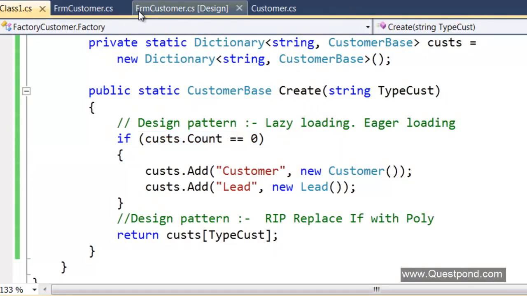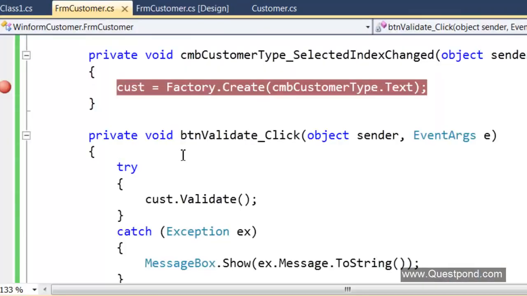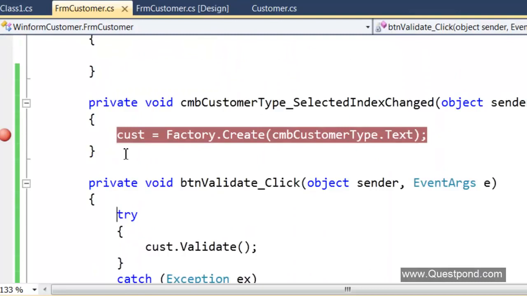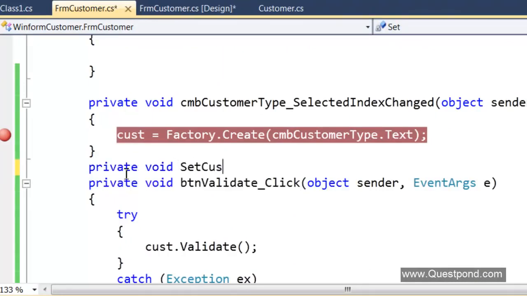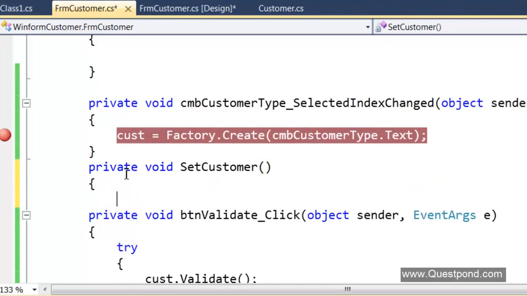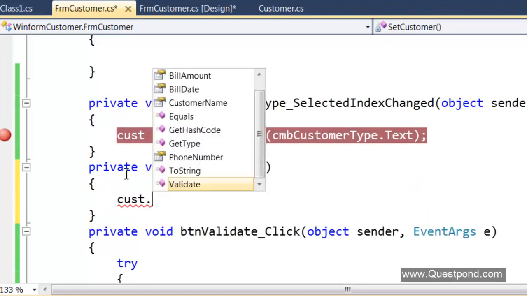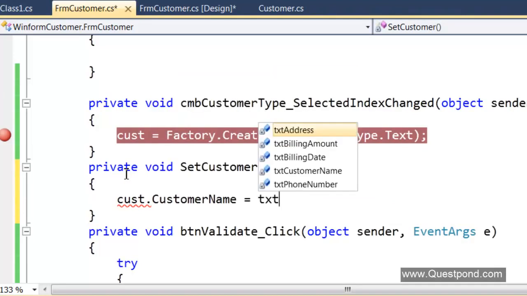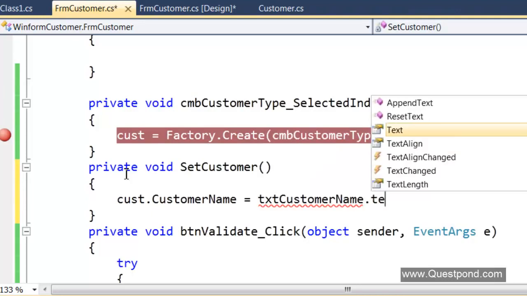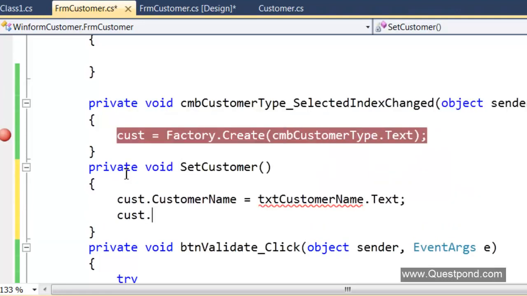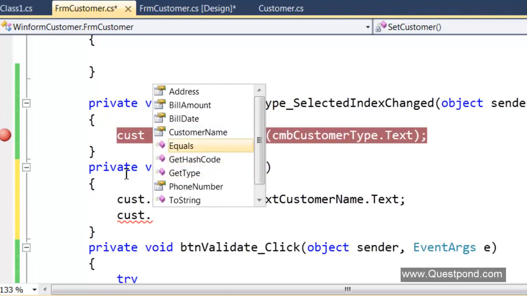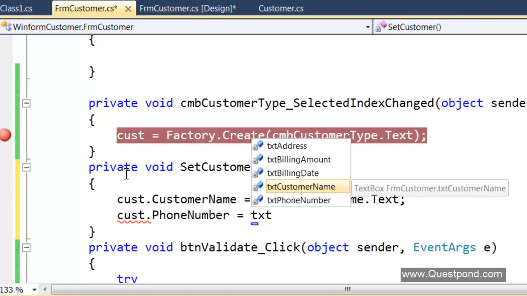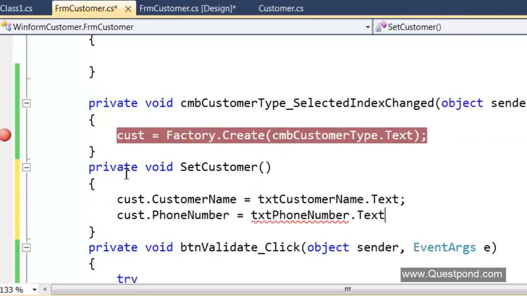Now let us quickly go and test our application. In the validate, we are already getting the type. So let us create a method here called set customer. This method says customer name is equal to txt customer name dot text, cust dot phone number is equal to txt phone number dot text.